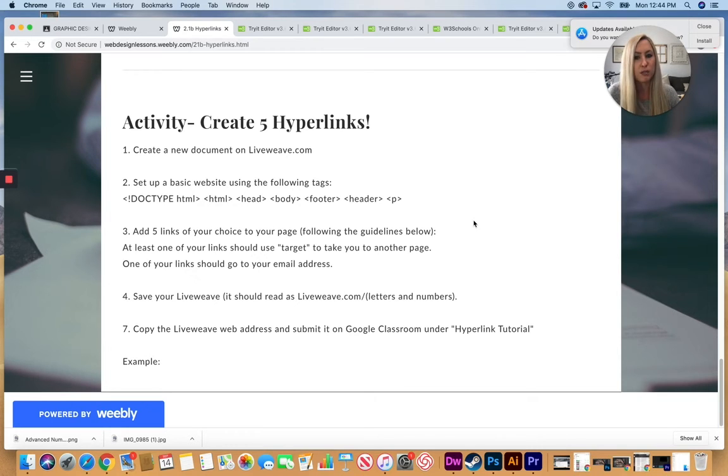Opening a new document on liveweave.com, you're going to set up a basic website using the following tags. So just like yesterday, or I guess Friday, doctype HTML, our HTML tags to define that it's an HTML document. Your opening and closing head tags inside of your HTML tags. Also inside of that is going to be your body tags. Inside of your body contains at least a footer, a header, and a paragraph, along with step number 3, which is going to be adding 5 links of your choice to your page,